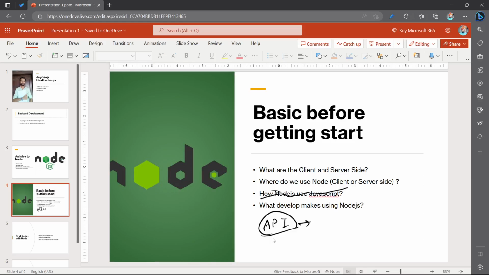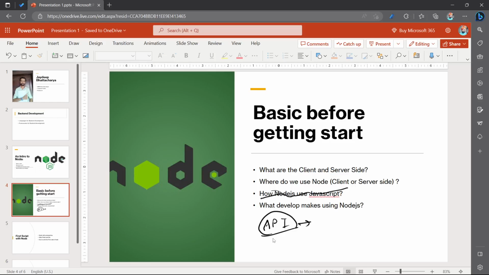Sir, in the third point you said Node.js uses JavaScript. You said the creators compiled that engine on the server side, right? So Node.js is roughly a server with that V8 engine, right?